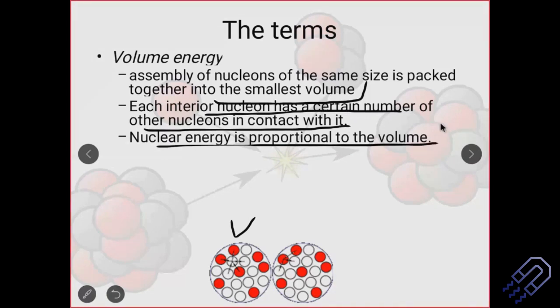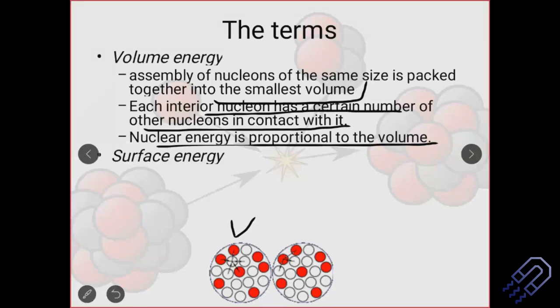So if the volume is large, this is going to have an effect on the binding energy, directly proportional. This volume is the only term which is having a positive impact. Pairing also has a positive impact, but that is conditional. It depends on whether you have an even neutron and proton or not. But volume is not conditional. This will be the one lone term which is always positive.